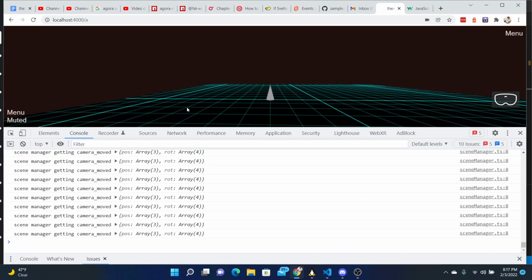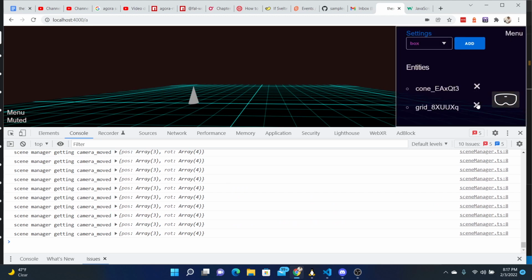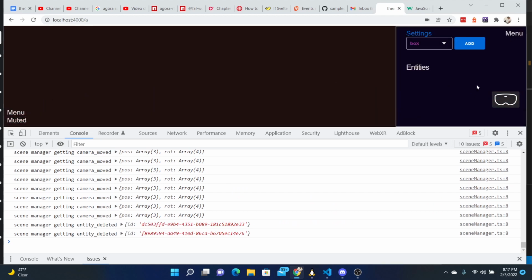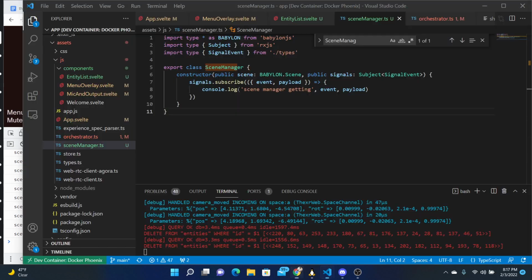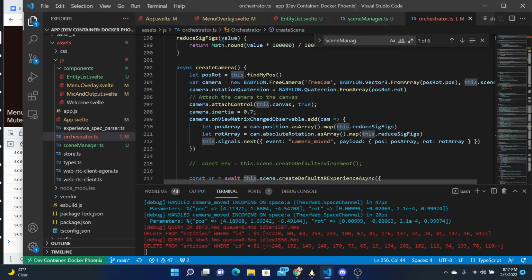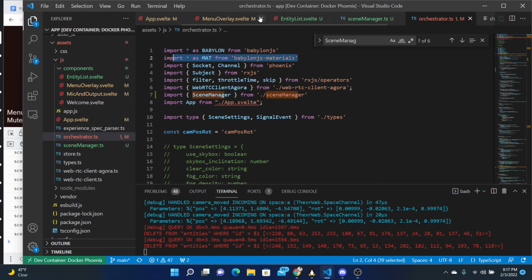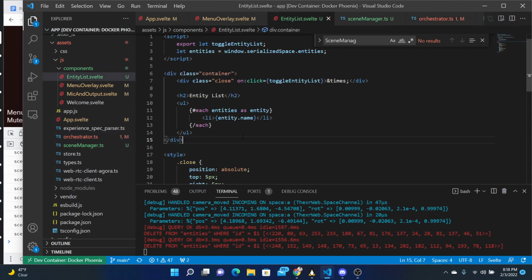So if we do this, scene manager is getting all this camera movement. If you come over here, you're getting the deletion here. So all we have to do now is start moving the code that's out here in Orchestrator that's about Babylon.js into the scene manager, and eventually in Orchestrator we can remove the Babylon.js stuff, and it's all kind of tucked away into scene manager. That also means that because it's listening to the signals over here in Svelte land, in the entity list, we can, since we get,